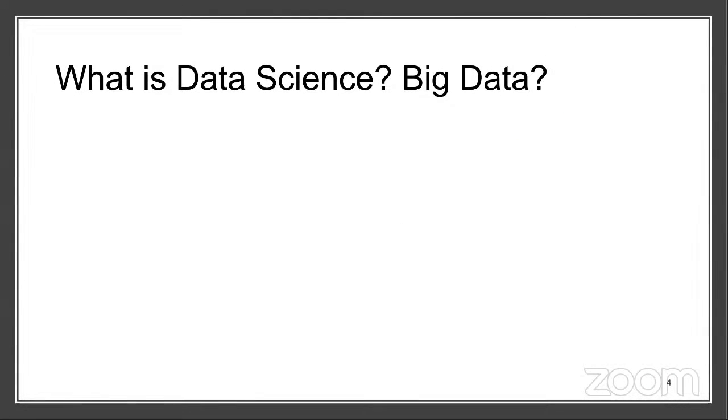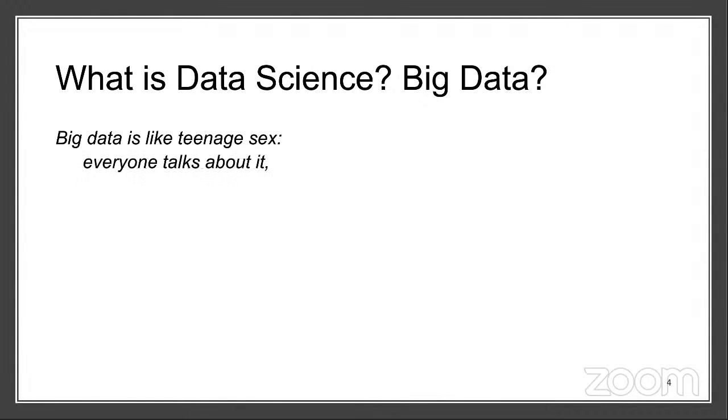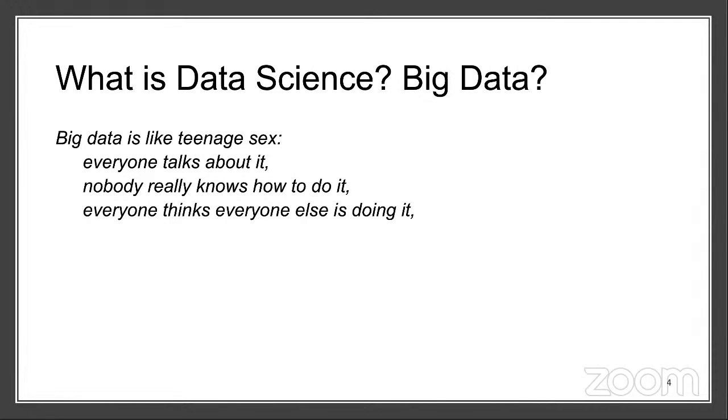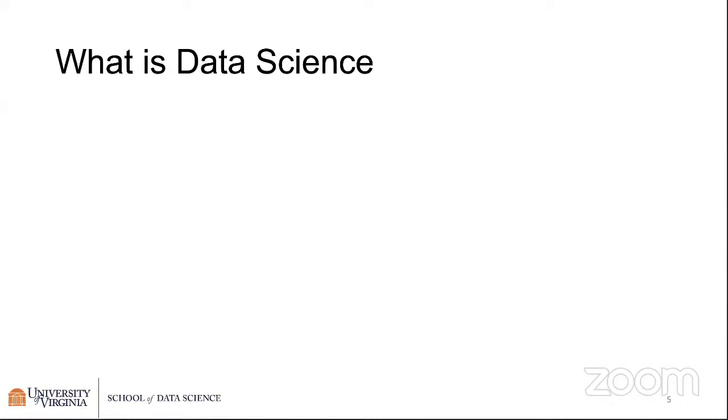Okay, so let's start out with a little question about what is data science. It started out with the idea of what is big data. There was this great joke that big data is like teenage sex: everyone talks about it, nobody really knows how to do it, everyone thinks everyone else is doing it, so everyone claims they are doing it. This is the underlying joke that Dan Ariely had. It's a very nice little way to think about what we're about in a lot of institutions.